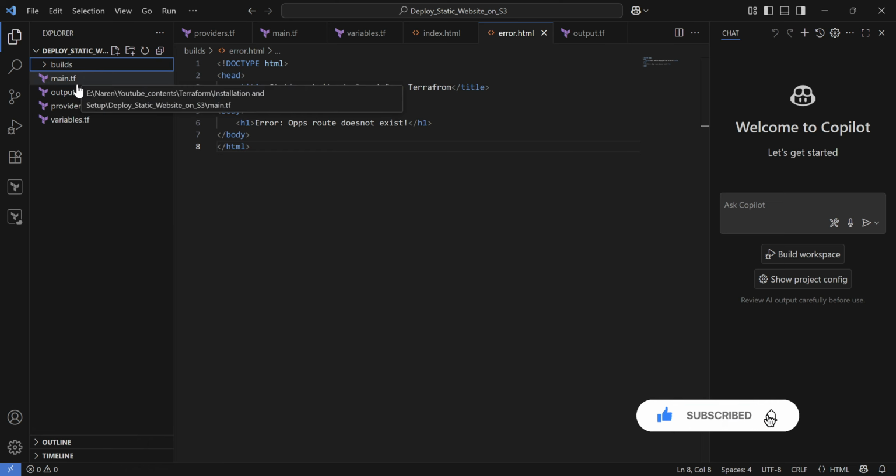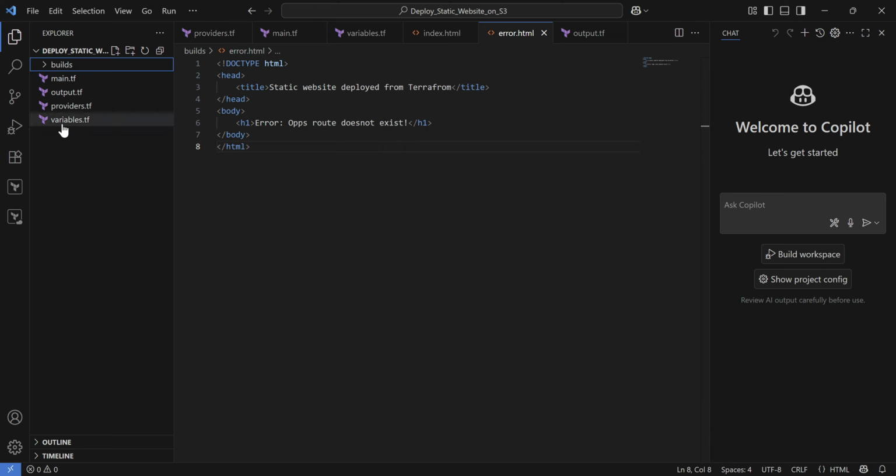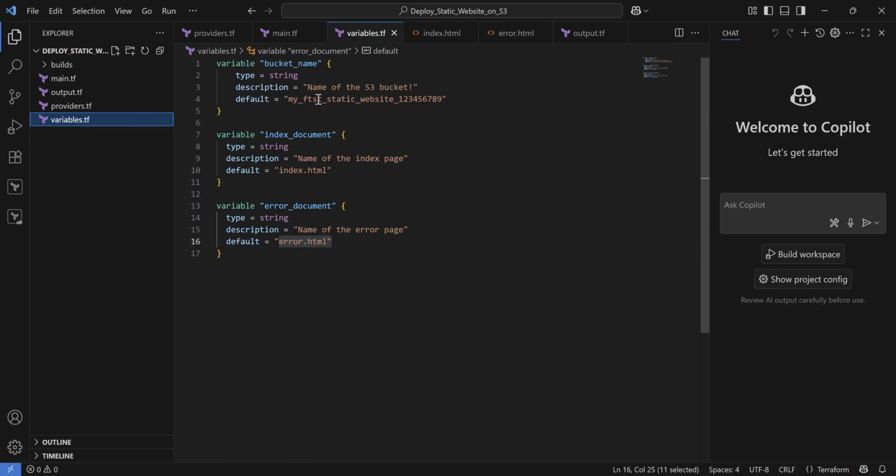So we will have main.tf, and we have output.tf, and similarly we have provider.tf and variables, which is nothing but providing the default value. Let's check every variable has a default value. If any variable does not have a default value, it will ask you when you are running the Terraform command.